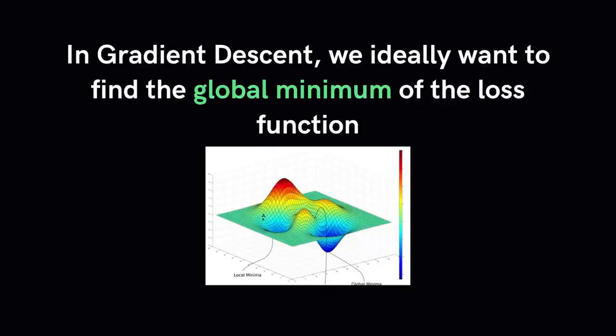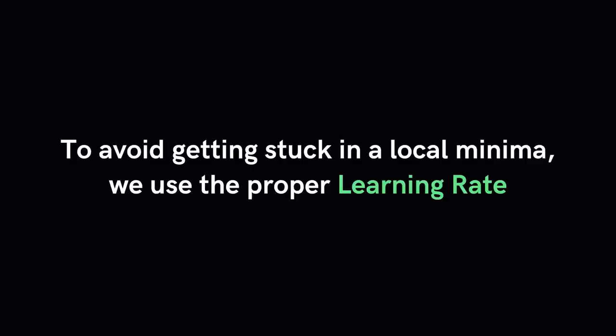When dealing with high-dimensional datasets, that is, lots of variables, it's possible you'll find yourself in an area where it seems like you've reached the lowest possible value for your loss function, but in reality it's just a local minimum. To avoid getting stuck in a local minima, we make sure we use a proper learning rate. Changing our weights too fast by adding or subtracting too much, that is, taking steps that are too large or too small, can hinder your ability to minimize the loss function.